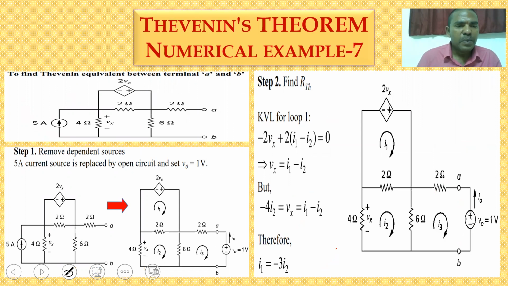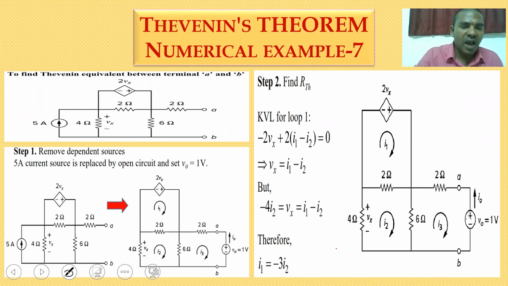So here a current source is there which is independent, and a voltage controlled voltage source is there. So the 4 ohm voltage drop is Vx only. So we are going for the Thevenin's equivalent of the given circuit. So the first case,